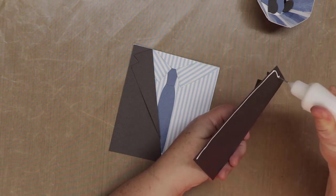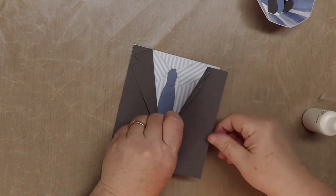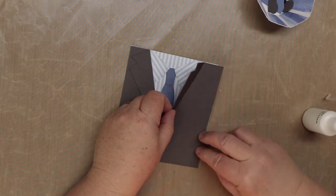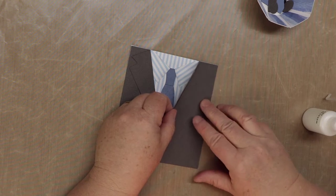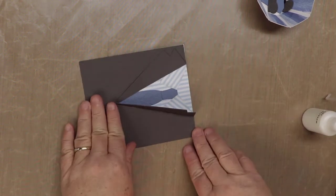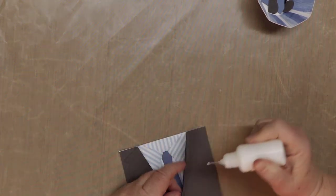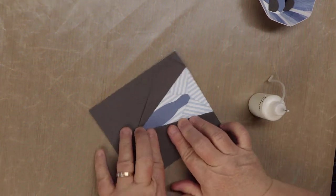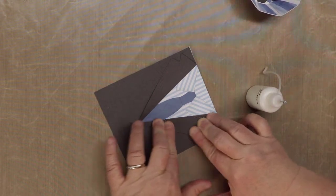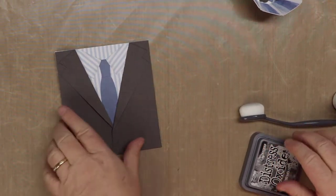So let's overlap this other side. So I kind of lift it up and I line up the bottom first, then the right. Make sure it's lined up. So once we get this on and glued on,